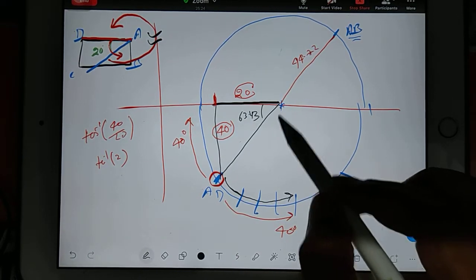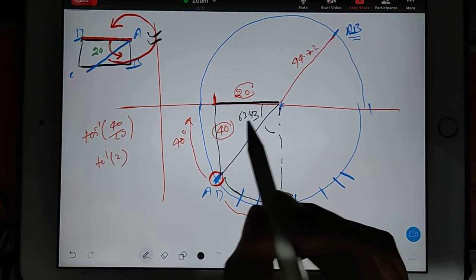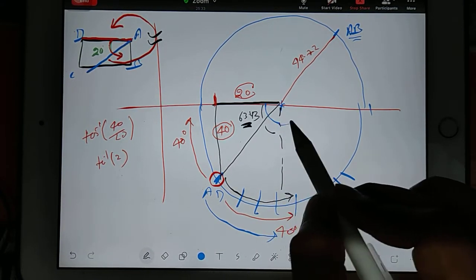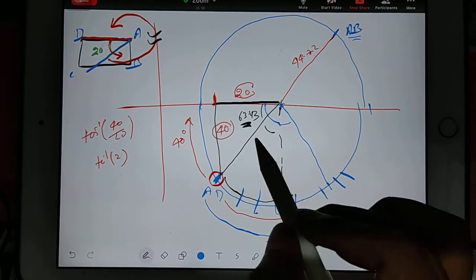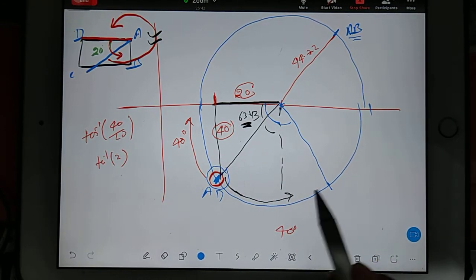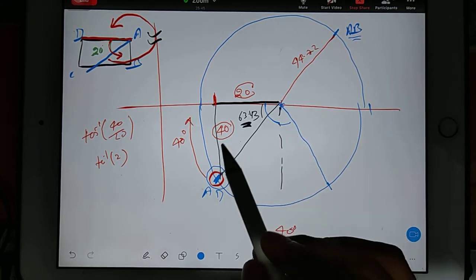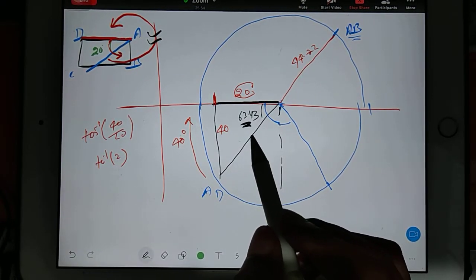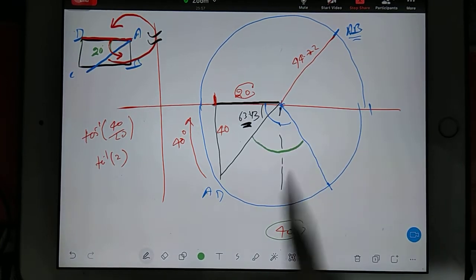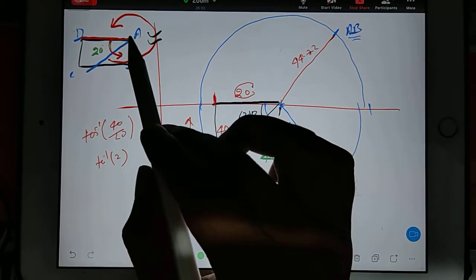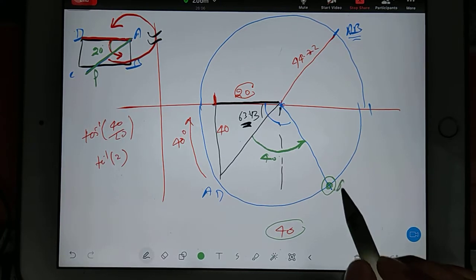It means you are very close to 90 because 90 is just here, right? Now in this 63.43, you have to go how much? 40 degree this side. So of course you will cross the 90 and you will go somewhere here, right? So from the plane AD, I will erase a few things. Okay, from the plane AD, you have to go such that you complete 40 degree of travel. It is already at 63, so when you travel 40, definitely you will exceed this 90 degree and you will be here. I hope you are getting what I'm saying. So this will be your plane which I have drawn here. Suppose this plane is AP, so give the name AP.